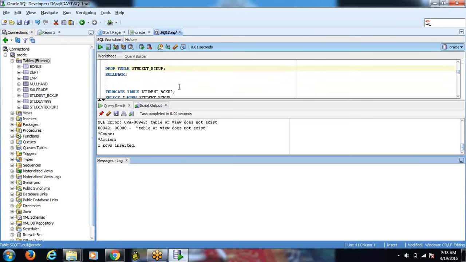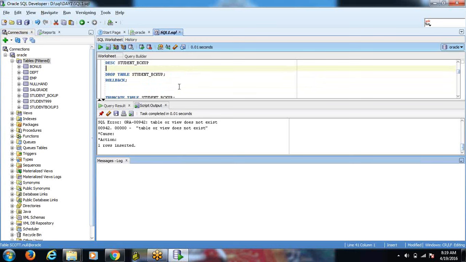Guys, what's the difference between delete and truncate? Yeah, delete is not an auto commit command, but truncate is an auto commit command. Why? Because it is a DDL statement. Yes, very good.